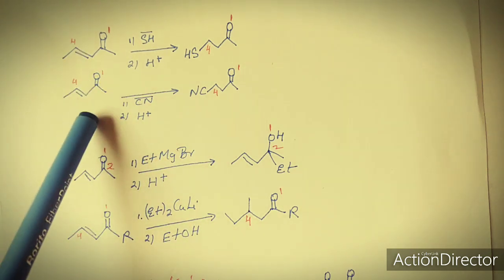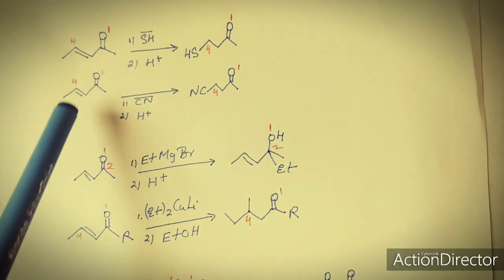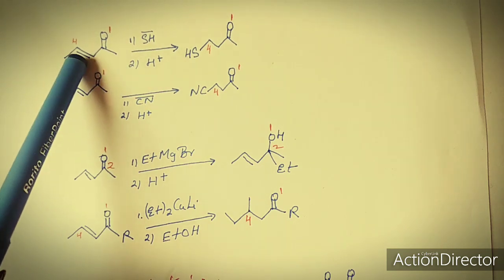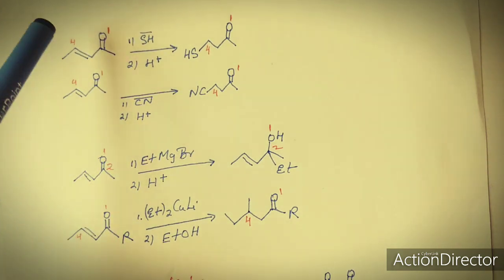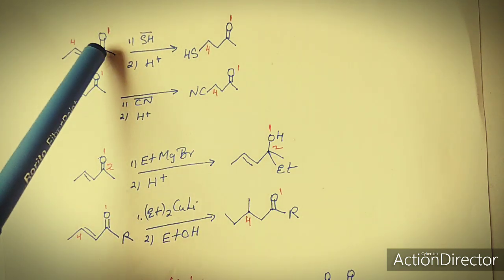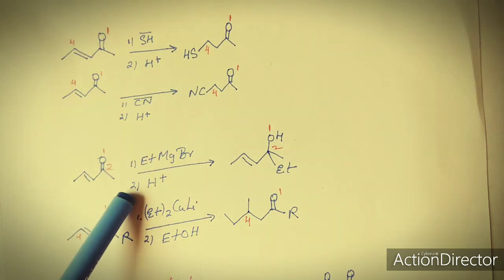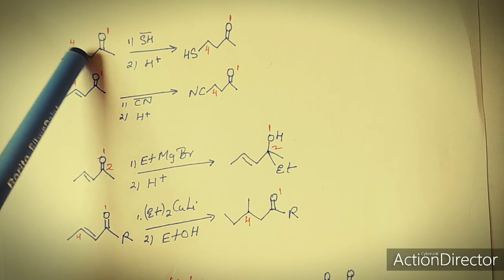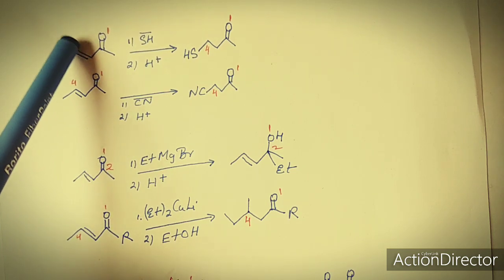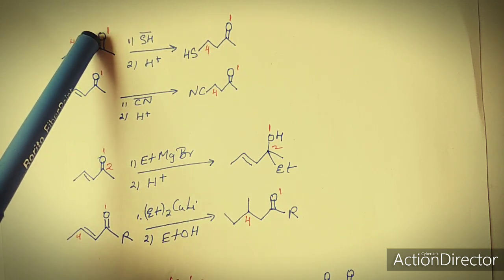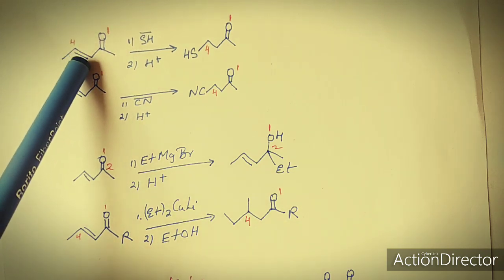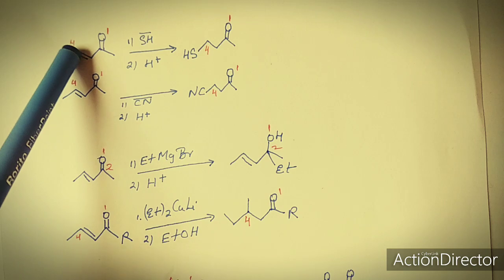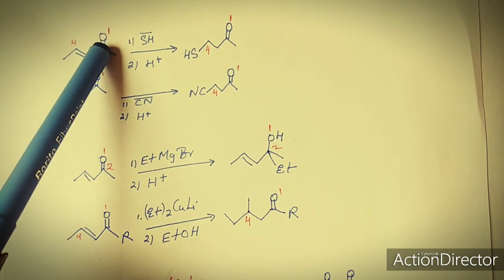So see, this is alpha beta unsaturated. All these substrates are alpha beta unsaturated carbonyls, with an electron withdrawing group. So if we mark them 1, 2, 3, 4, addition will take place here, because the electron pair will be pulled here. So this will move over here between the carbonyl carbon and this, and therefore the fourth carbon from the carbonyl carbon